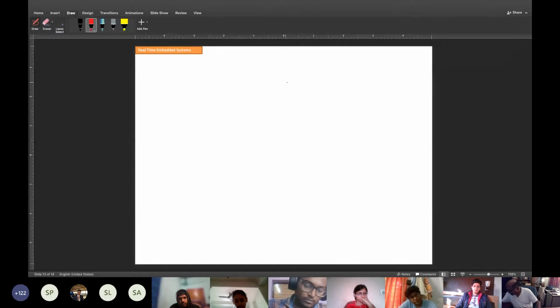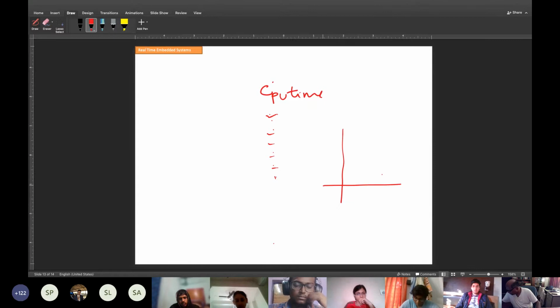So you have this code running time, let's say the CPU time of your code, and you have run it, suppose, 10,000 times. You have got different numbers, and you plot the histogram of these timings. Let's say there is some minimum value and some maximum value. Let's say the minimum is 1 microsecond and the maximum is 1 minute.